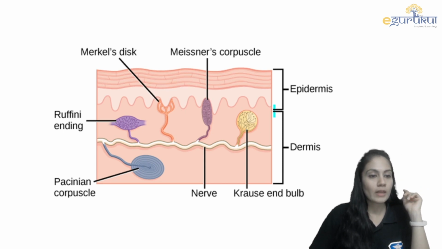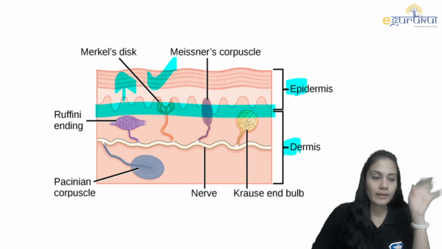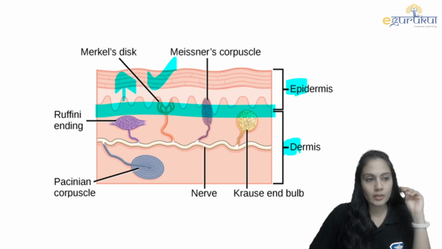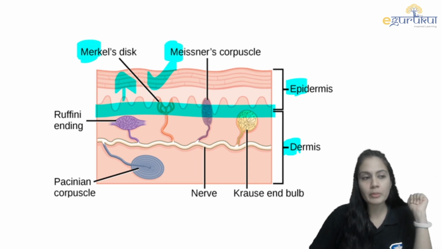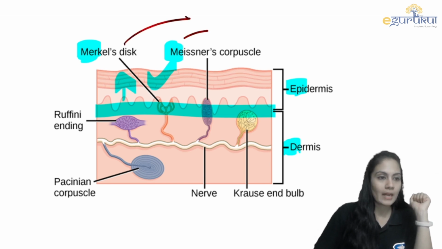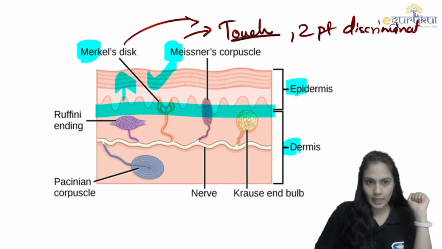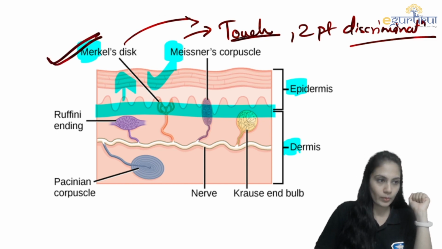First of all, suppose this is the dermis layer and this is the epidermis. So the upper layer is the epidermis, and the deeper layer downward is the dermis. In the epidermis you have Merkel's disc and Meissner's corpuscle. Both help in touch sensation as well as two-point discrimination. This question is many times asked: who is better at two-point discrimination? The answer over here is